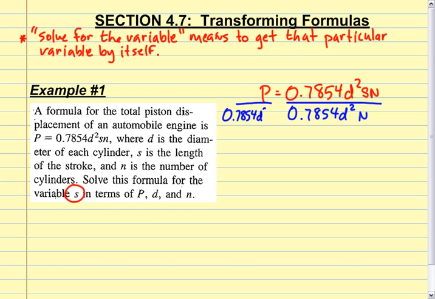0.7854 D squared N. So this cancels with that. The D squareds cancel, and the N's cancel, and it leaves me with S is equal to